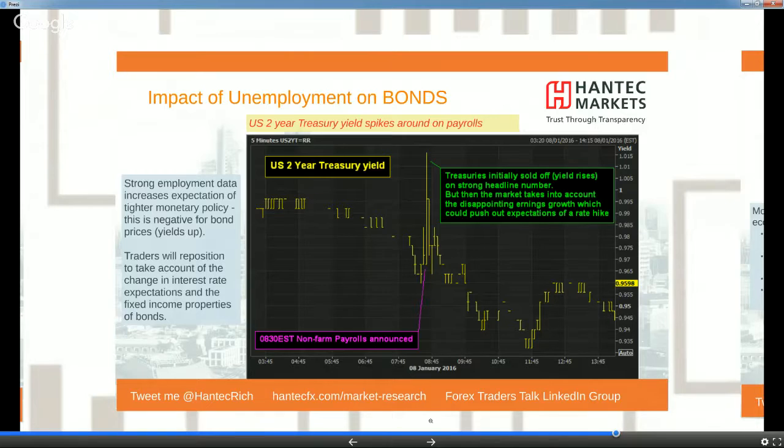And the volatility on this chart once more, you've got the initial sell-off on treasuries, because the non-farm payrolls headline was positive, but then subsequently the market sold off again as it tailed off on the earnings growth. So you saw the spike higher in treasury yields, this is the 2-year, before subsequently the yield fell away again. So you will get volatility through the markets, and certainly that's exactly what happened in the 2-year treasuries in January.